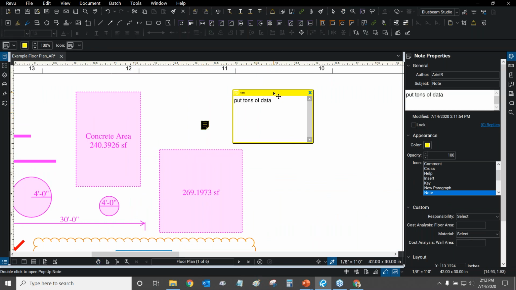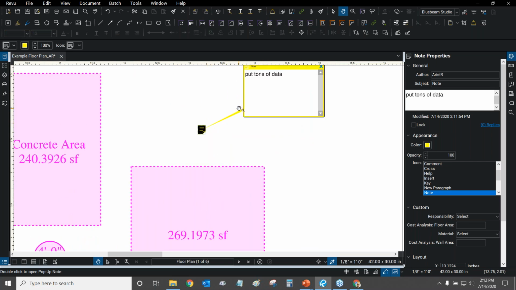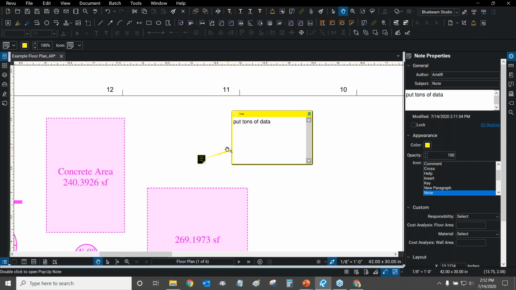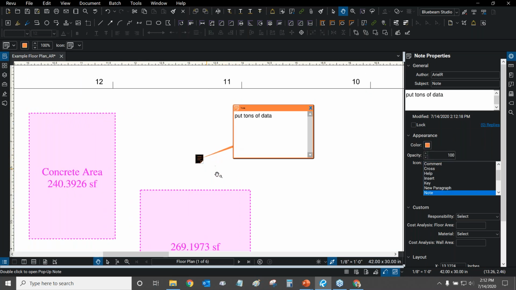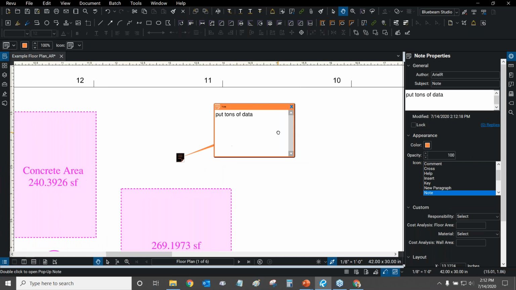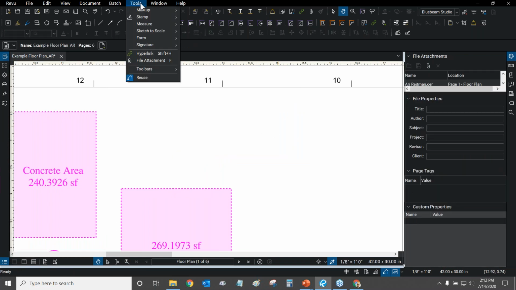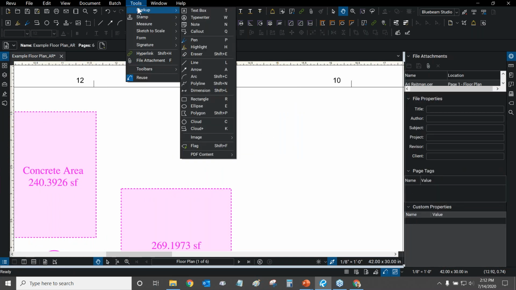I can just double click on my note and I can look at my info, and there we go. I can actually move this a little bit to the right, and you can see how it's continuously moving with the note and connected to the note with this line right here. Quite cool. Let me change the color so you can see it better. There we go. That looks a lot easier to see. So yeah, notes are quite powerful. You can put essays, paragraphs, anything you want inside of them.